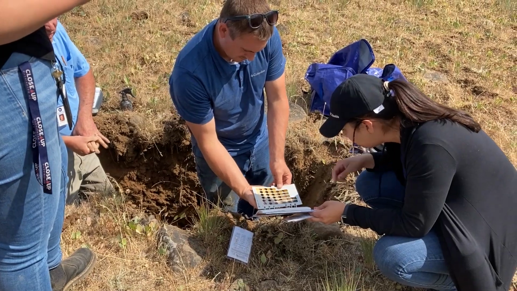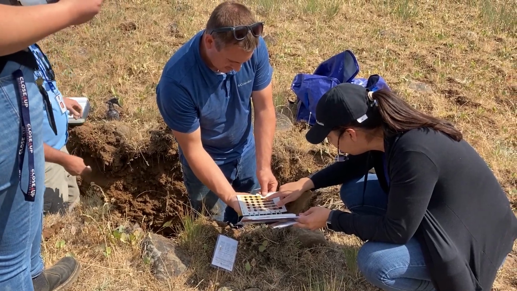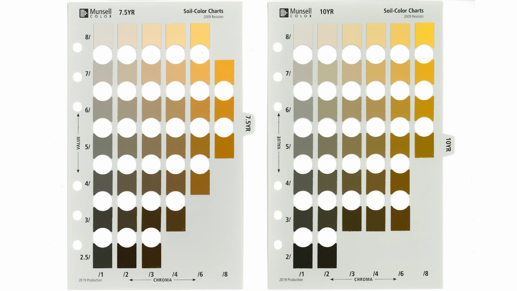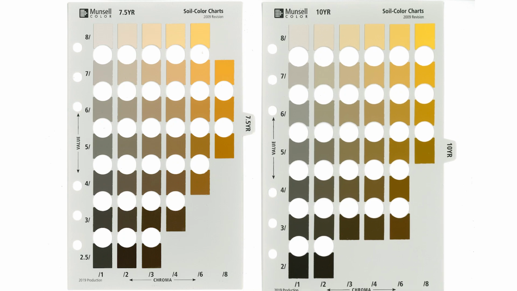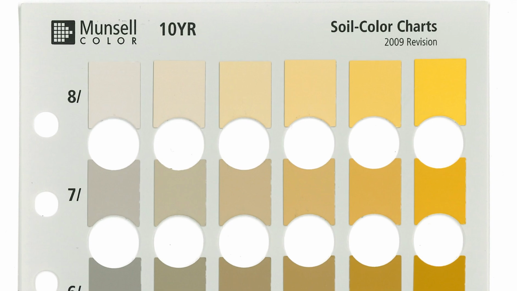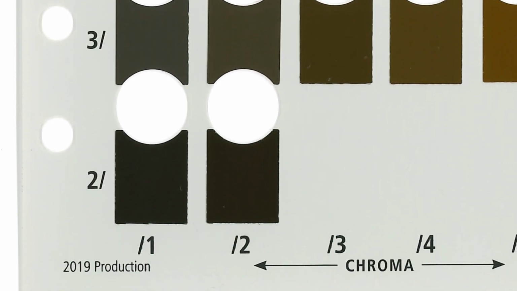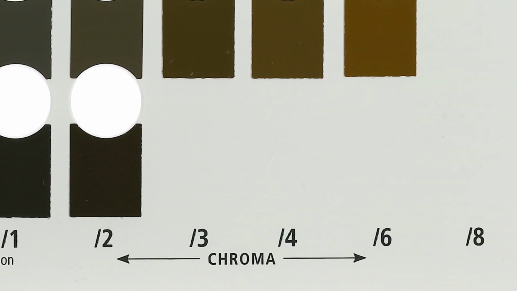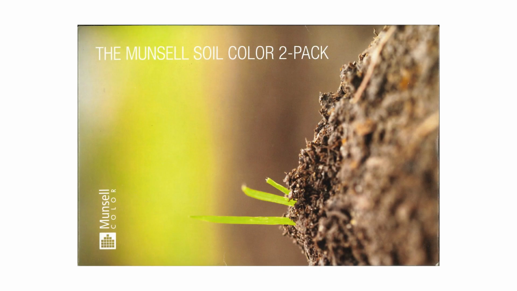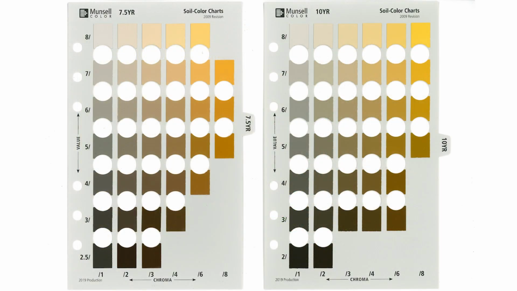The color can give important information about drainage characteristics to someone who may read your report at a later date. The process of identifying a soil's color using a Munsell color book is straightforward. There is a page for each hue, with blocks of color for different combinations of chroma and value. The hue is written on the top of the page, in this case 10YR, which represents a shade between yellow and red. Along the left side of the page is the value, and the chroma is along the bottom. If you can't get an entire Munsell book, you should at least bring individual pages with you when you analyze soil. 10YR and 7.5YR will be most useful for soils you will find in Washington State.